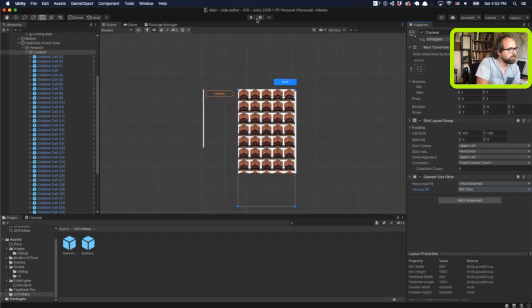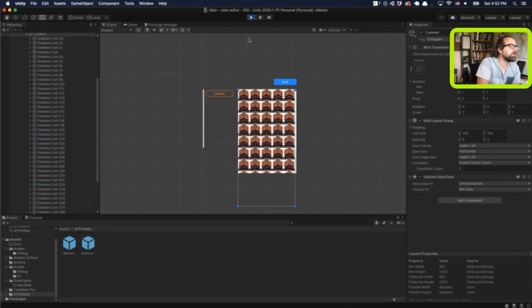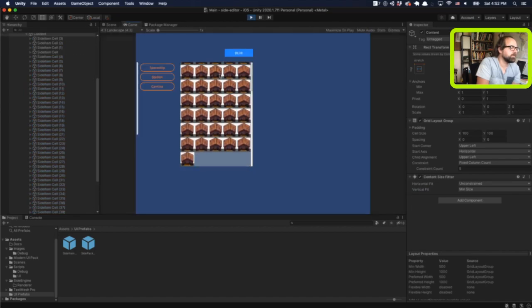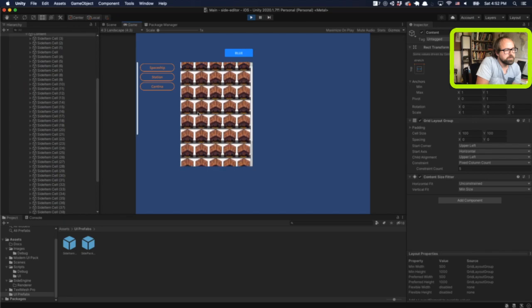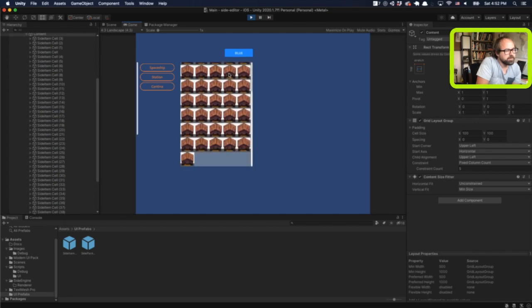Okay, let's see if that fixes our problem for us. Yeah, it sure does. So what I just did is, I don't know if you saw the problem before, but the problem before is that it was sticking to the size of the panel, which was originally the size of the scroll view when I added it. So I added a content size fitter component, which means it takes whatever is inside of it, in this case all these identical houses, and it makes sure that that panel is the same size as all of those houses, which means that now when I run this thing, it's always going to be